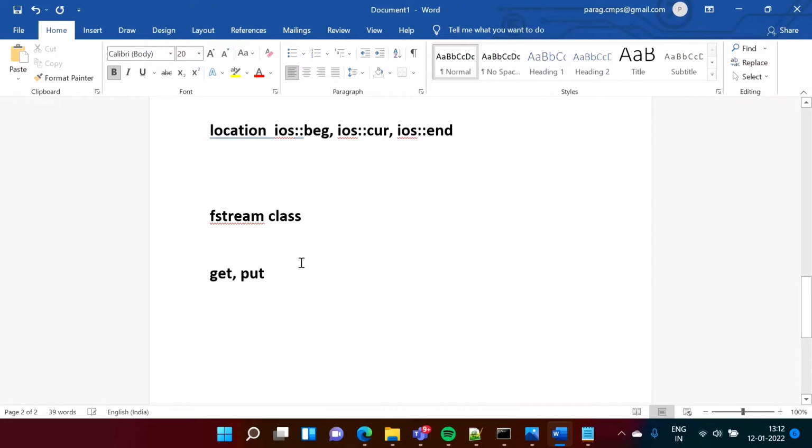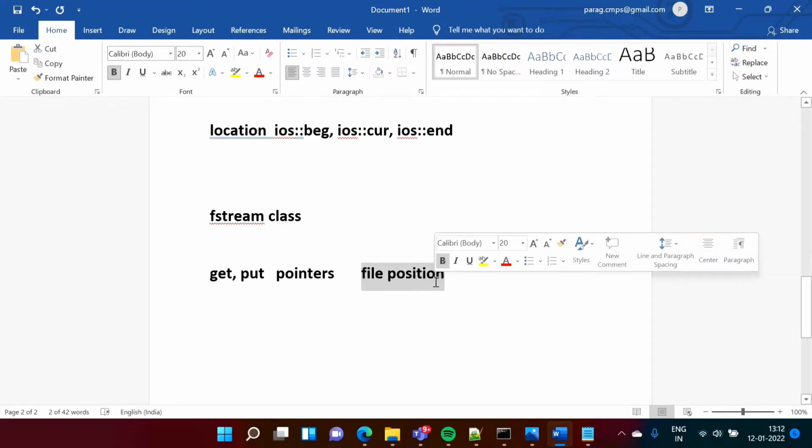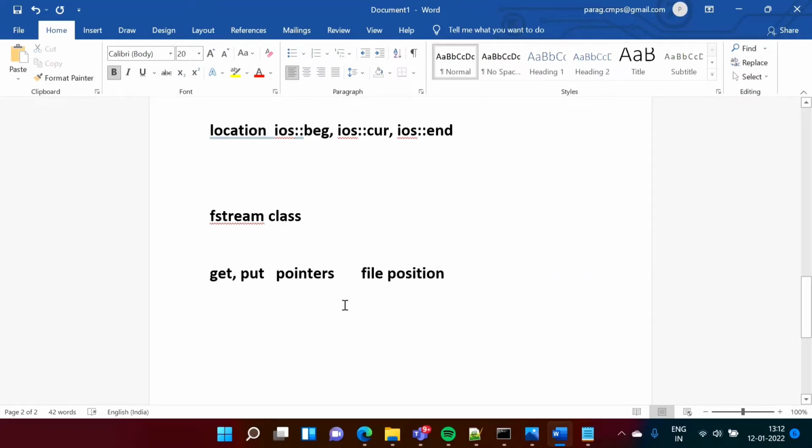So here get and put pointers, simply they return the file position. So we can use anyone. Both they are used for getting the file position. So in example we'll see.